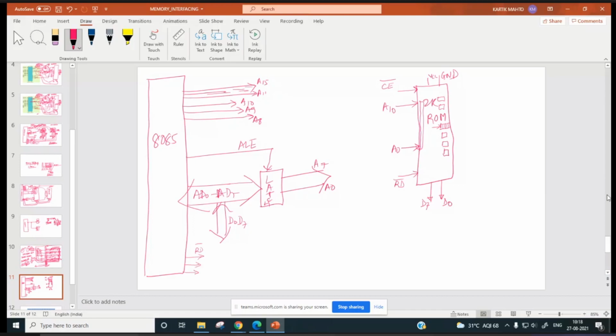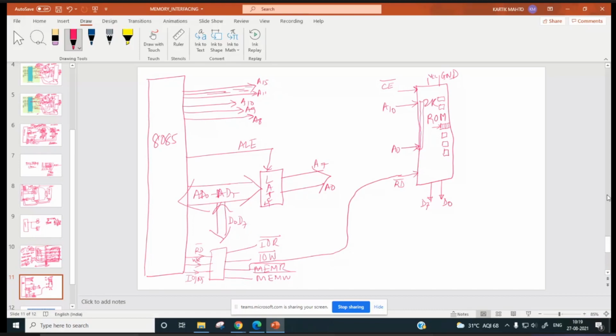Read bar, write bar, and IO/M bar. Right, these three pins will be decoded, and it will generate 4 signals: IO read, IO write, memory read, and memory write. Right. So this MEMR pin will go to read bar of this ROM. Okay.